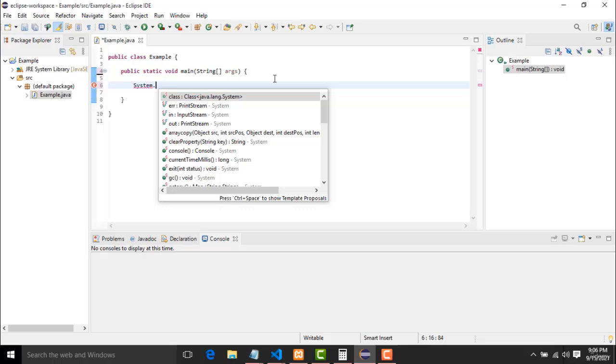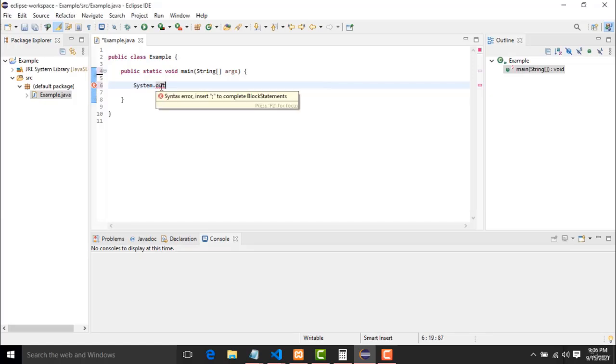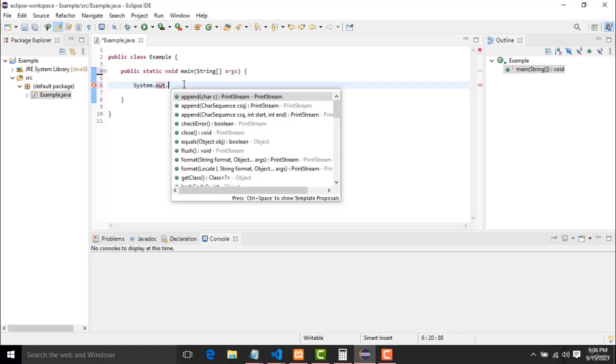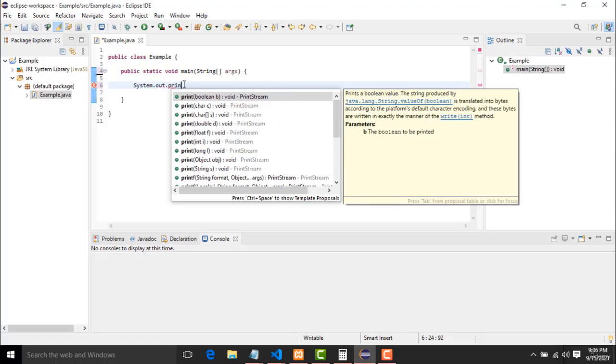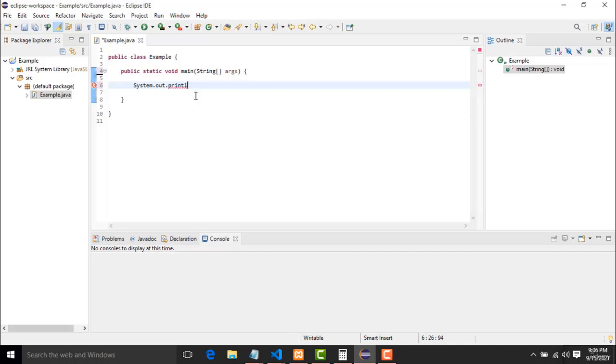dot. If you put the dot, you can see all the properties there. Here you have type out. If you type O, here out. Double click on this, and it will be displayed over here. Dot println. So println. Select this one. Right. Now inside this bracket,